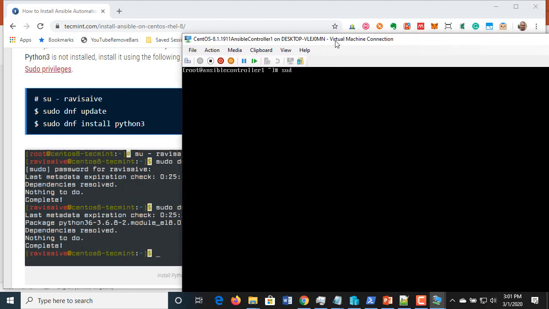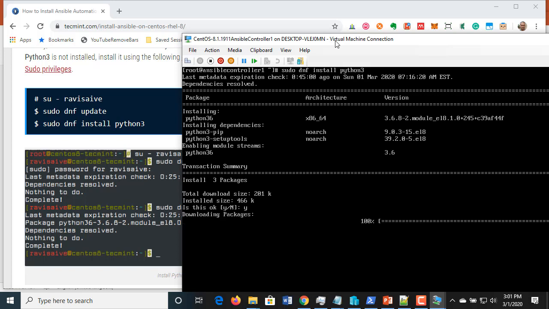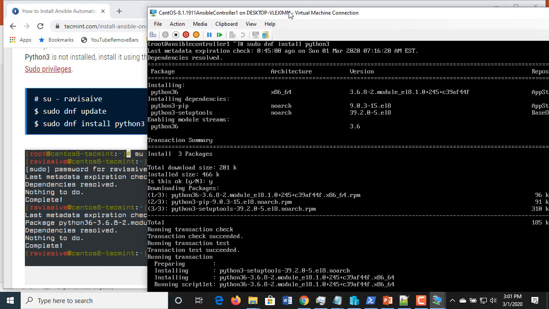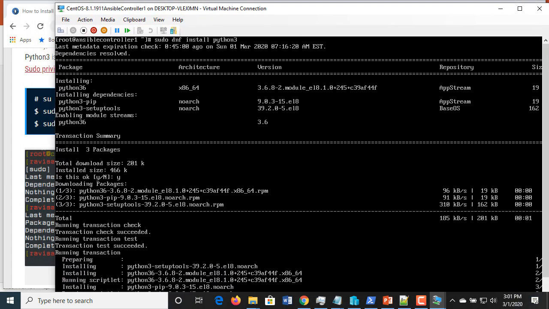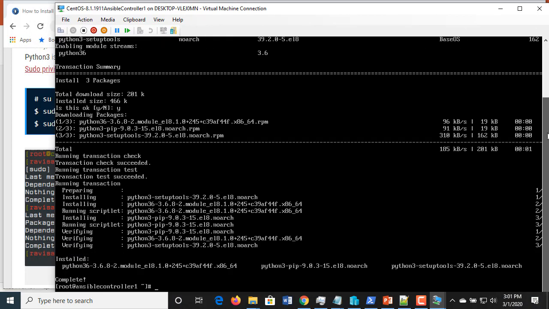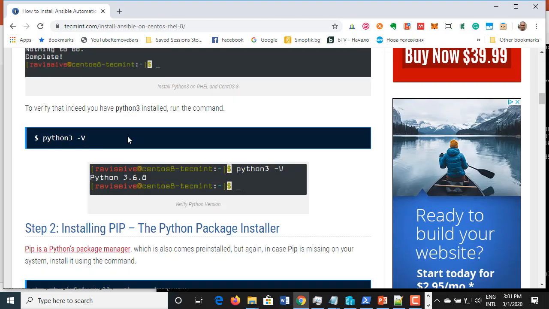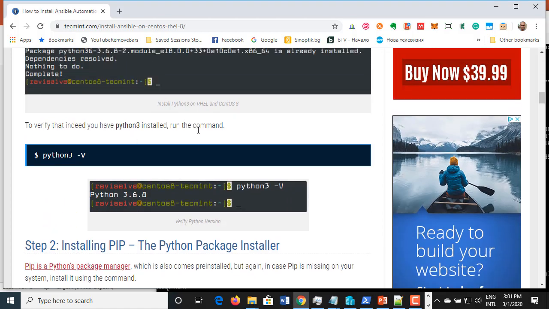Actually, we can say sudo dnf install Python 3. Because it's a minimal installation, that's probably why we don't have Python, but now we're going to install it. We're going to install pip as well, and we'll be ready. After that we'll install Ansible. Okay, that's done. Now, after installing Python version 3, to verify,